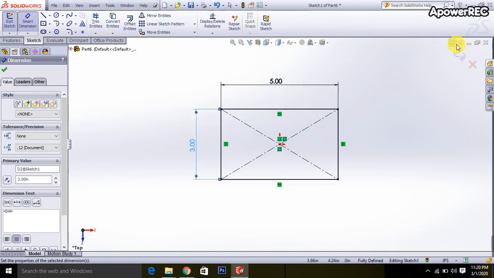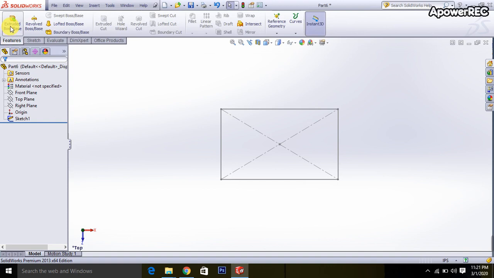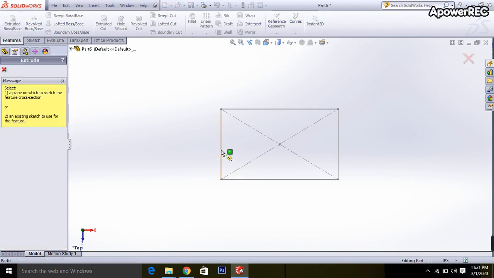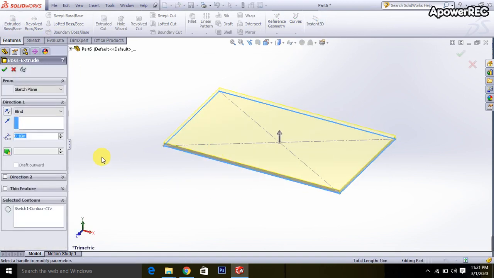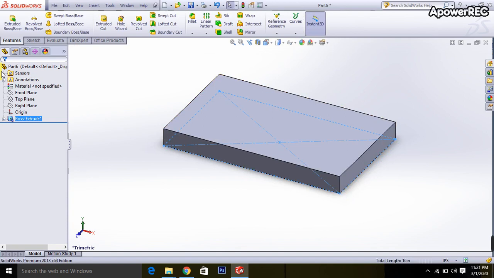Okay, then close the drawing, go to the features and select the extrude command, click on the side and the height will be 0.5. Okay, then click here. The drawing is done. Then go to the front plane and go to the reference geometry and select the plane,